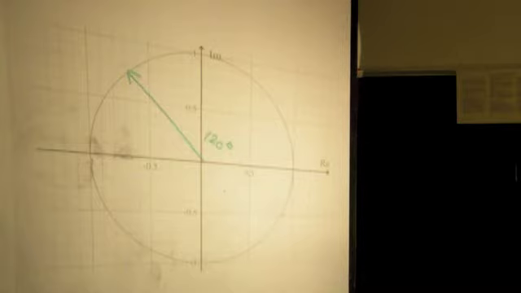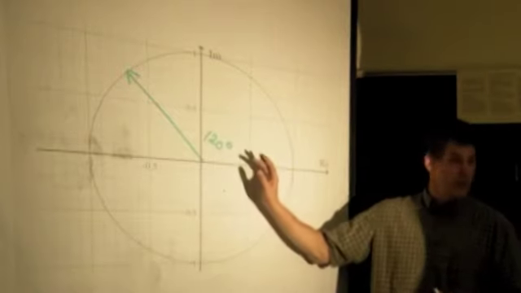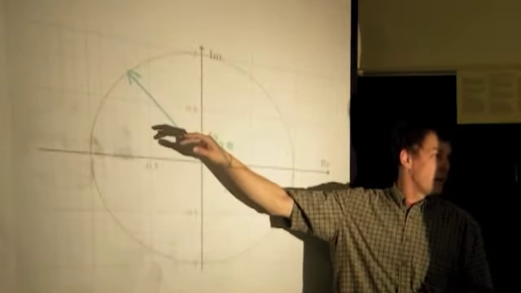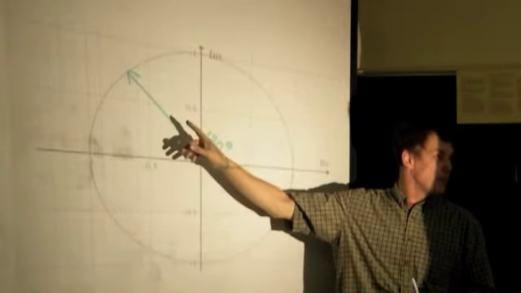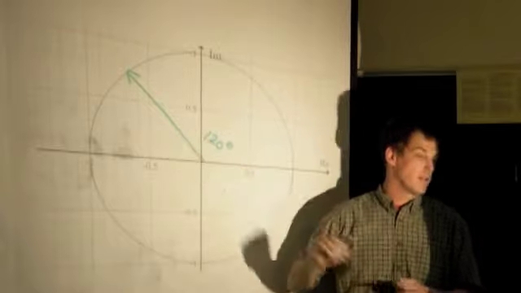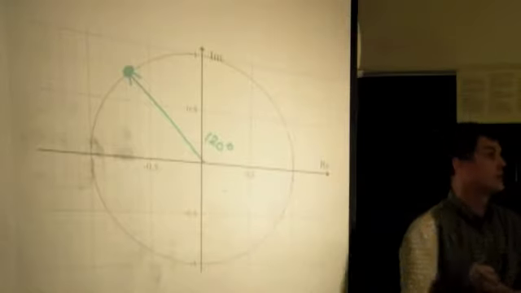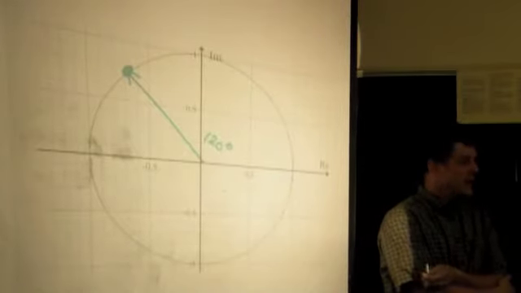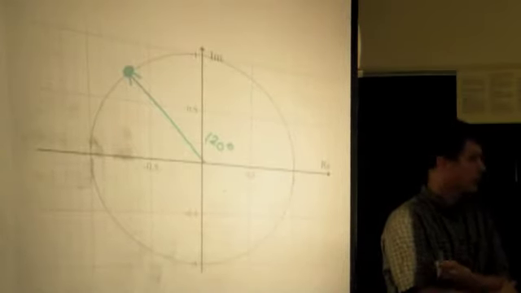Pi over 3. Sorry about that, it took me a little while. If we think about this as 120 degrees, and I take this number and I square it, I don't know what this x y is, but if I take that number and I square it,